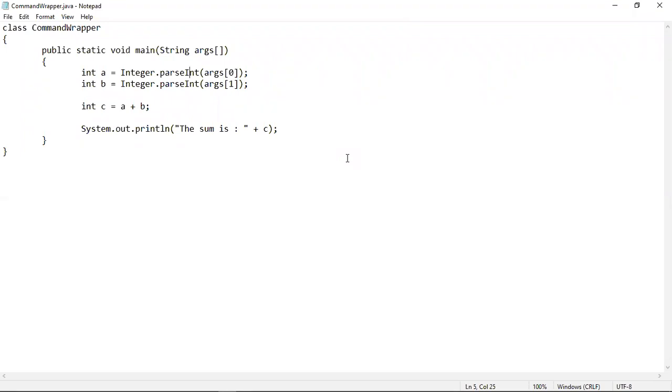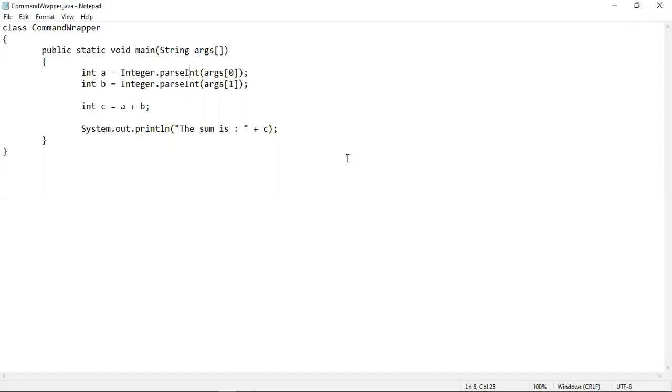Here you have seen how we can take inputs as command line arguments and how we can use them to do normal operations or manipulations. Till now we have done programs by taking values in the program itself, but today we have learned a different way of taking input in Java, which is taking input as command line arguments, and after that you have to convert them in order to get their original primitive data type.